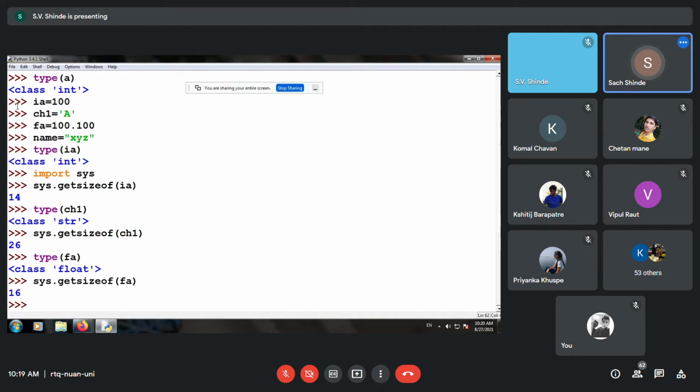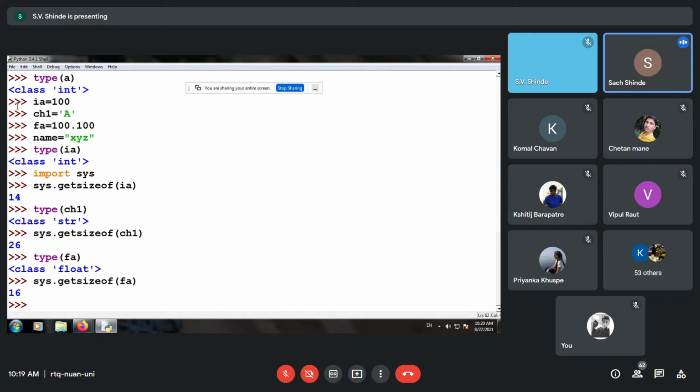Let me create a file for you. We'll be using simple Python functions, and for time complexity analysis we have to import the time module. Let us say start time is equal to time.time().